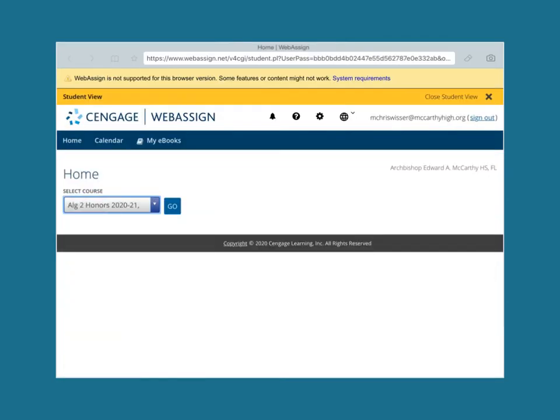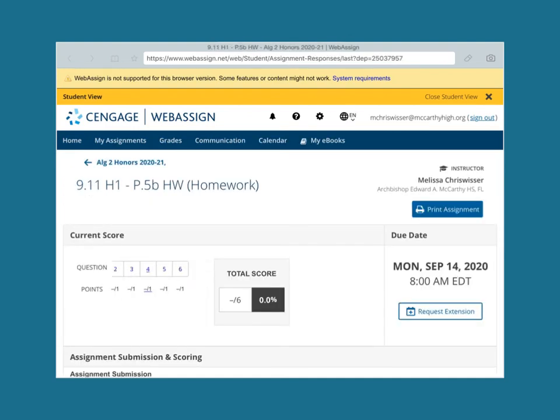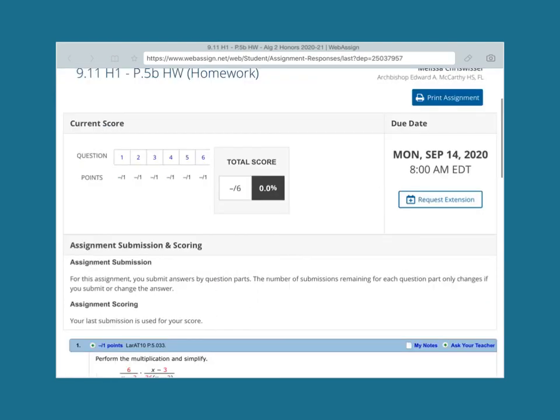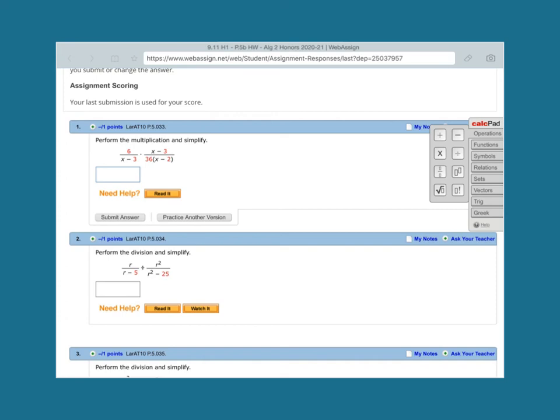So if you go to today's class and you click go, here's your assignment for the weekend, okay? Notice it's got 6 problems, so you could probably just take your screenshot normal. You don't have to scroll or split the screen to get your results. These are gonna be entered again using the fraction bar, or you can use your little